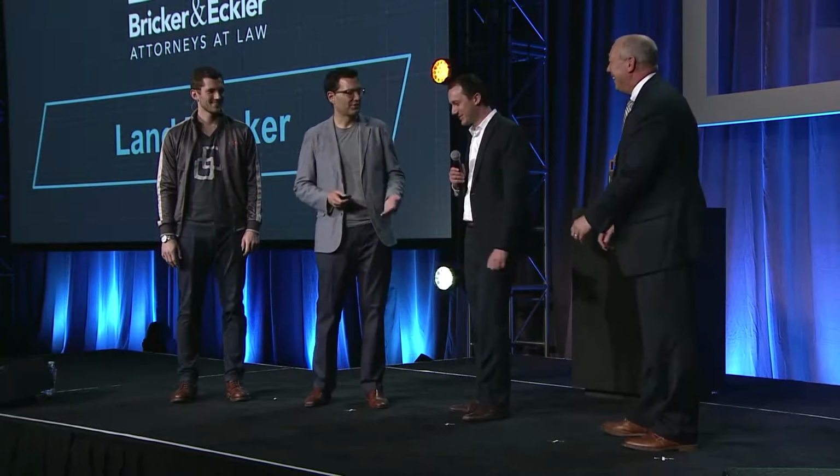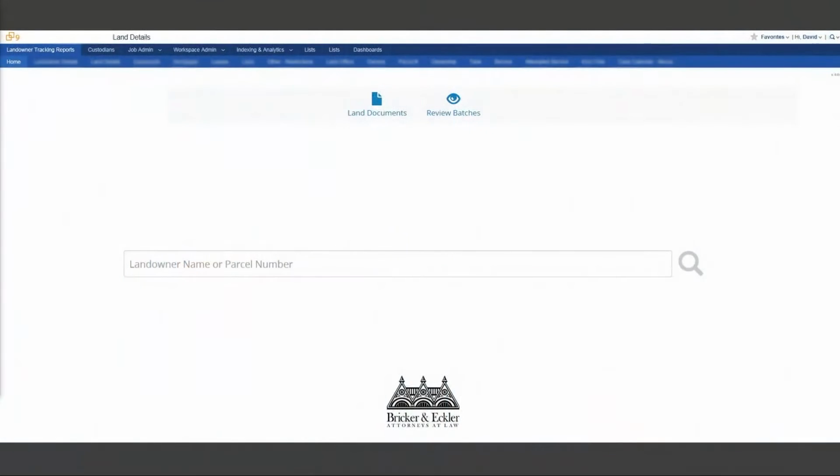You want to walk us through the solution here? Yeah, so when I went down this road, I was like, you know what, I need to make this very, very easy for our attorneys, because this is outside of our e-discovery, and they're not always in Relativity. So we went with the Google route, right? So simple. Very simple. Type in any landowner or parcel number, and then that will take you to our next page,